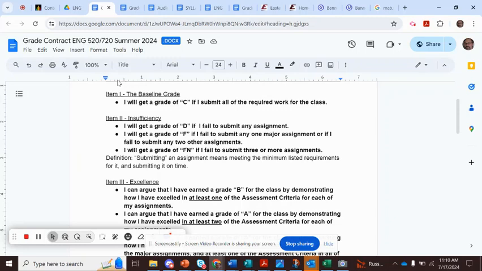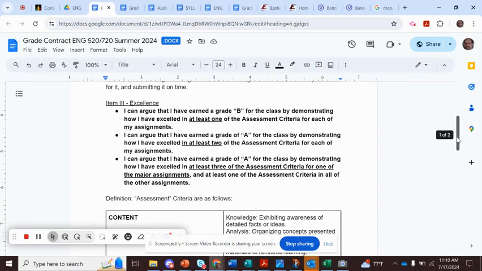The basic principle of the grade contract, and many of you have had me before, so I apologize if this is rehashing it, is that if you do the work that's being asked, if you've submitted everything that was asked for in a timely fashion, you have a C. Just by virtue of the work that you've done. There's no evaluation involved there. That is the fair deal that the contract represents.